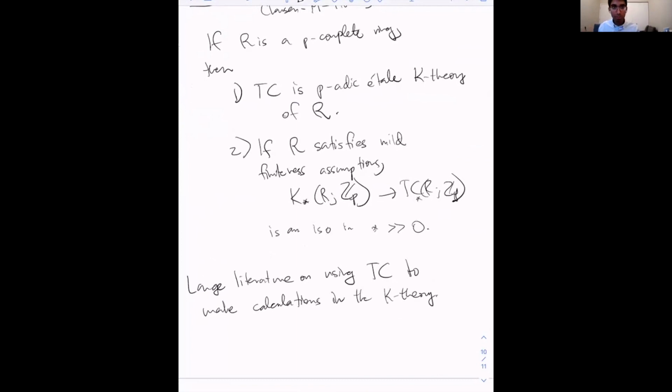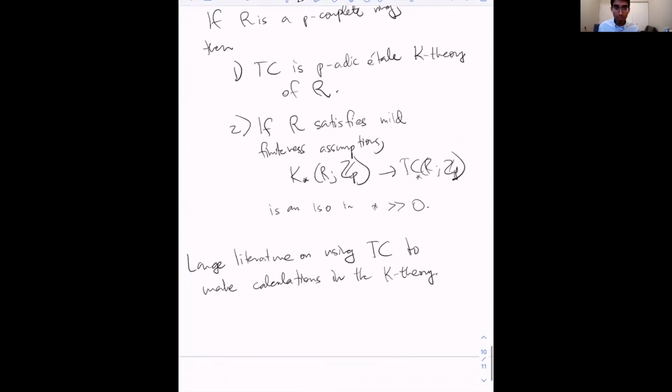And there are lots of other examples in the literature by many authors. Maybe one particular highlight that I'd like to mention is the work by Hesselholt and Madsen. They computed the p-adic K-theory of local fields, so finite extensions of Q_p. In this case, there's an answer that one gets from the motivic spectral sequence and from